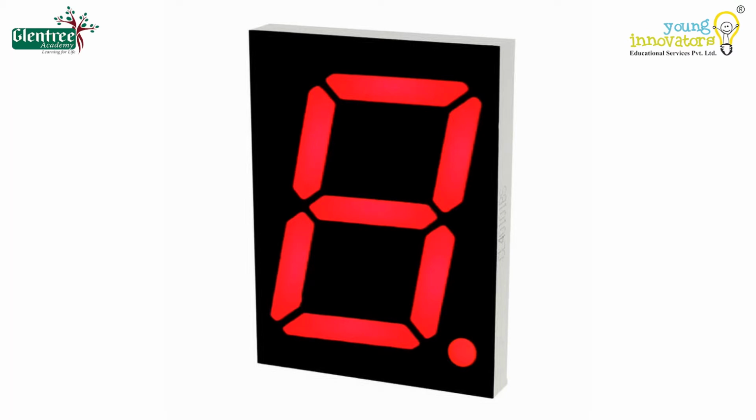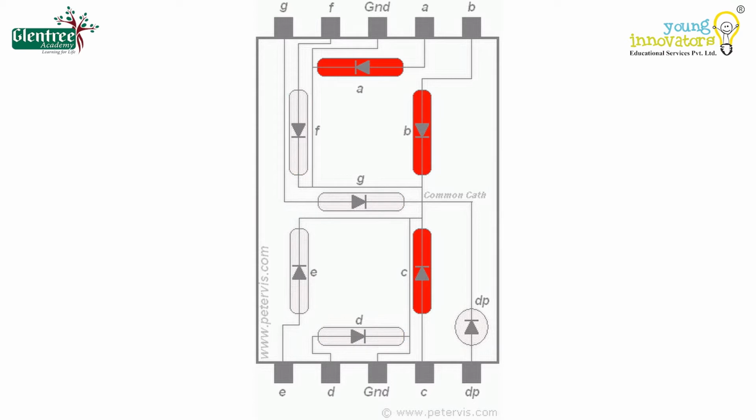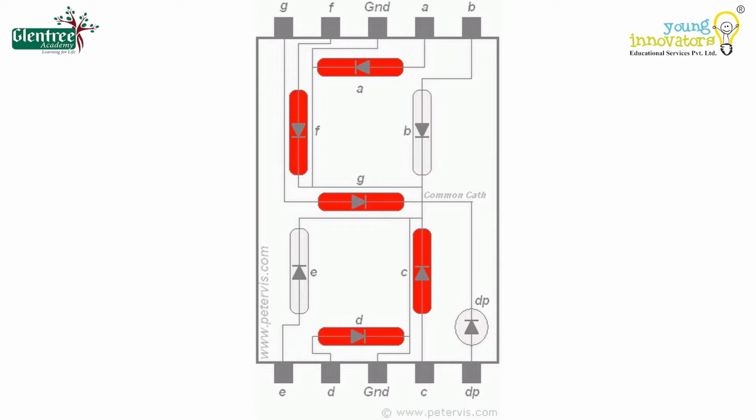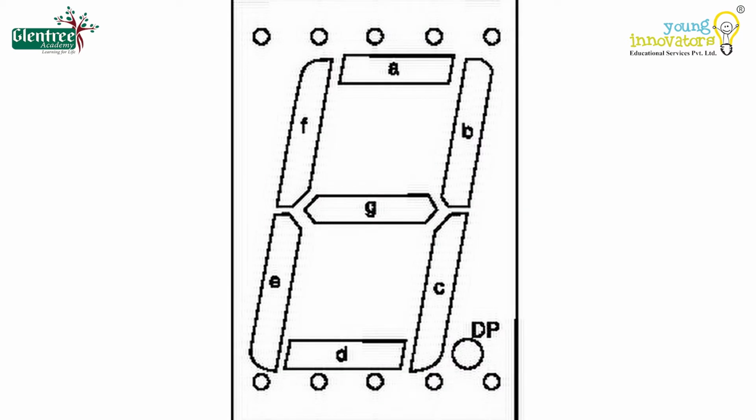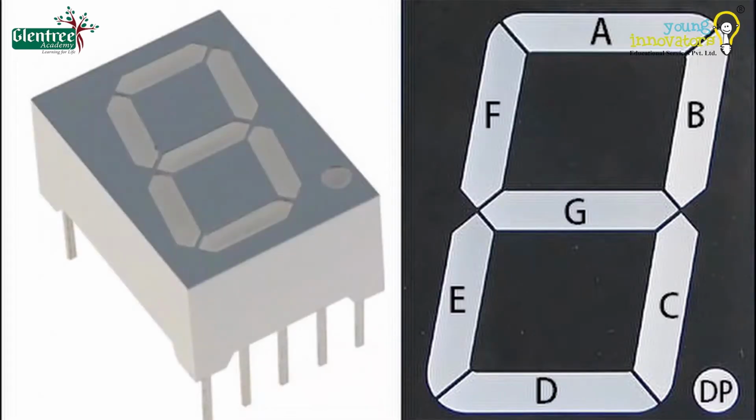The 7 segments or elements are arranged as a rectangle of 2 vertical segments on each side with 1 horizontal segment on the top, middle and bottom. 7 LEDs are placed as segments in a particular pattern which forms the shape of 8. It is mostly used to display alphanumeric characters. It consists of 7 rectangular LEDs named by the letters A, B, C, D, E, F and G. Each LED is called a segment because it forms a part of the character that is being displayed.